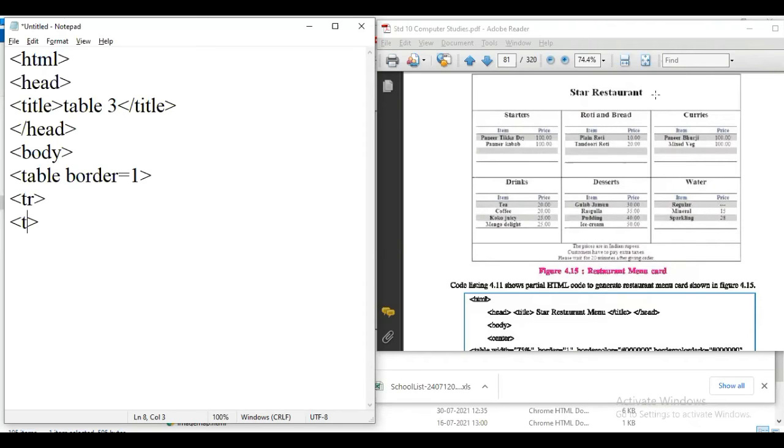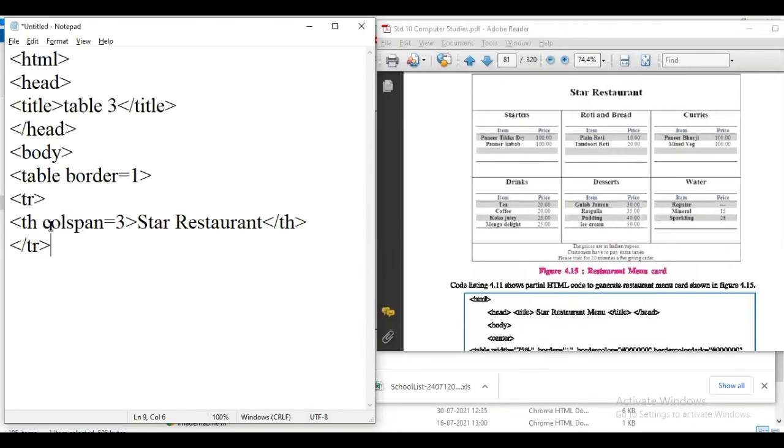And we want the Star Restaurant in 3 columns and it is merged. So here TH we are going to write colspan is equal to 3 and write Star Restaurant. Then close this TH and close this row.